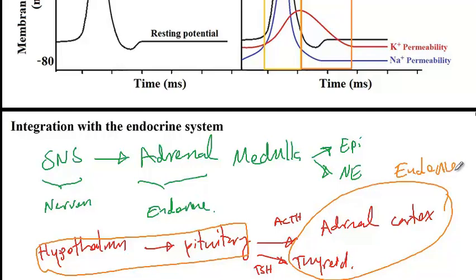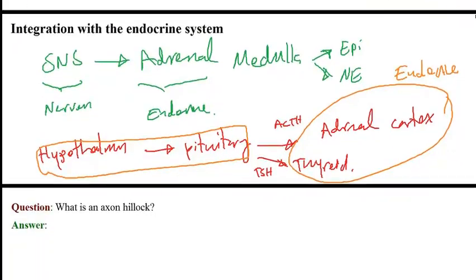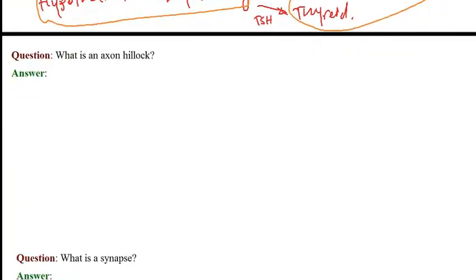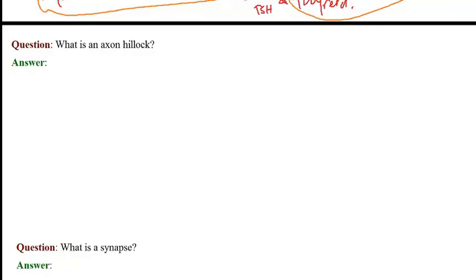All right, and the endocrine system can also affect the nervous system. In fact, during embryonic development, for instance, our sex hormones can affect the number of receptors in our central nervous system. And that's the reason that males, for instance, have a stronger response to testosterone versus females that have a stronger response to estrogen. So in any case, there is an interrelationship between the endocrine and the nervous system, and these two systems are integrated. All right, so next, I would like to answer some short questions before we move on to the practice questions.